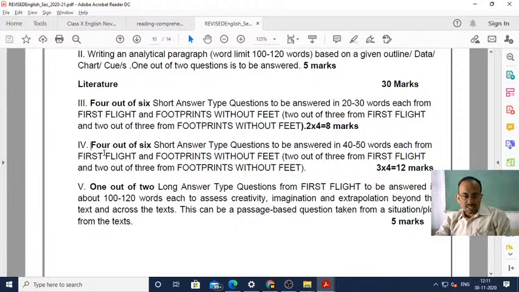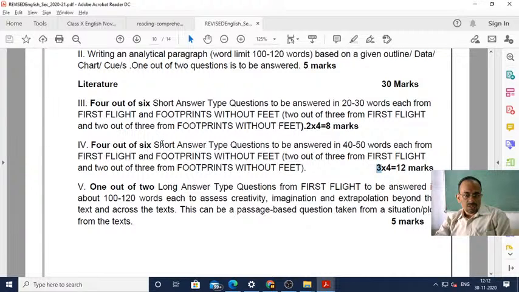Then what is the difference, dear students? As you can see here, in the first part it is 20 to 30 words, that is 2 marks. But in the second type of question, it is 40 to 50 words. That is why the marks have also increased here. Okay, so your mark is 3 this time. Otherwise the type of questions will be almost the same, with the difference that in the second type you have to answer a little bigger, but in the first category you've got to answer in 20 to 30 words only. Okay, otherwise the same type of questions will be given, only the length will differ.